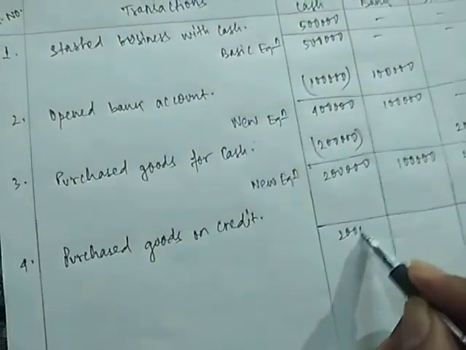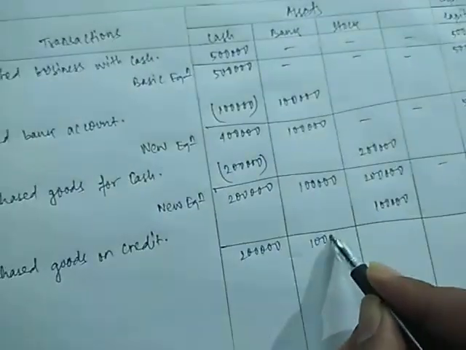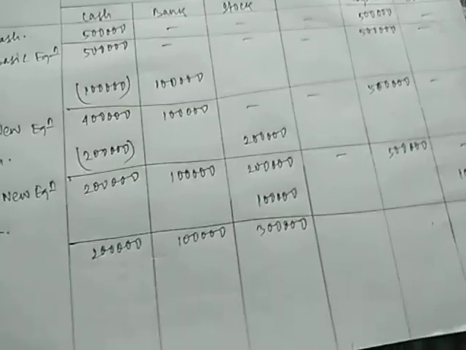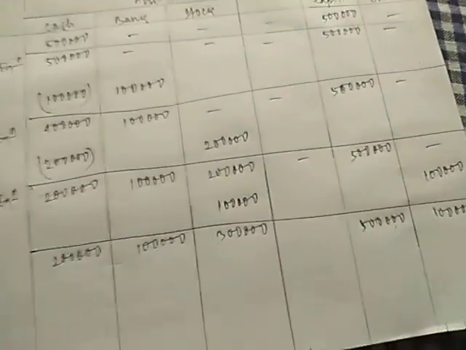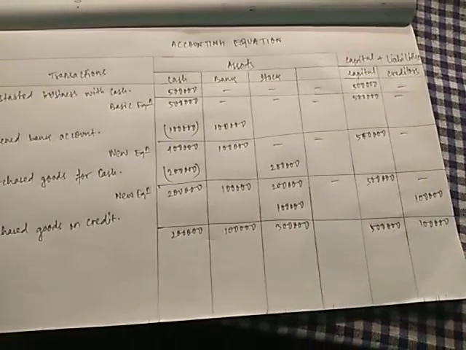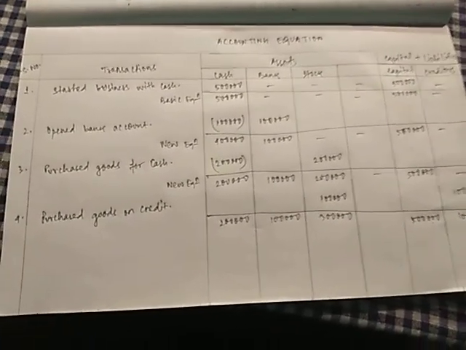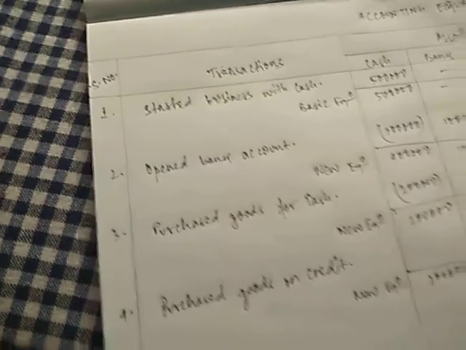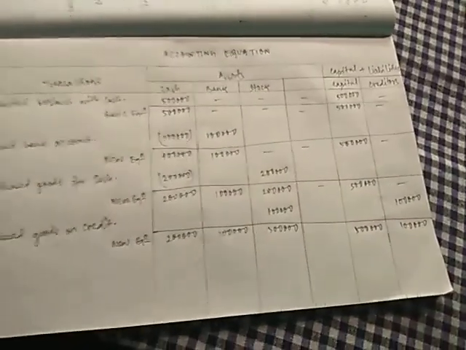After this we'll again make one line. We'll check the balances. This is 2 lakh, this is 1 lakh, 2 plus 1, that is stock becomes 3. Earlier we purchased 2 lakhs stock in cash, now we have purchased 1 lakh on credit, so total stock becomes 3. This side we have 5 lakh and creditors rupees 1 lakh. Now you can check, we got 2, 1, 3 and 3, 6 lakhs on the asset side, and 5 and 1, 6 lakhs again on the capital and liabilities side. So this is also matching. So this will also be our new equation.